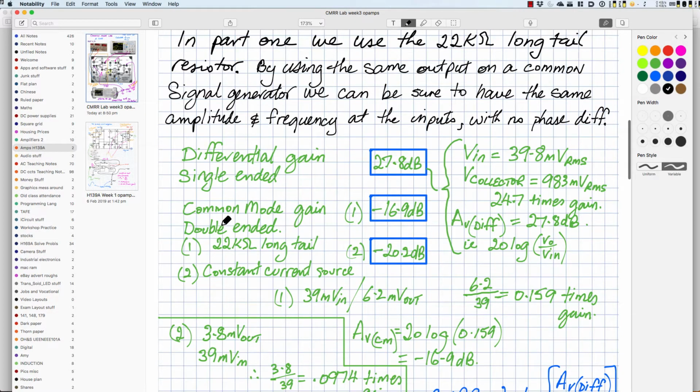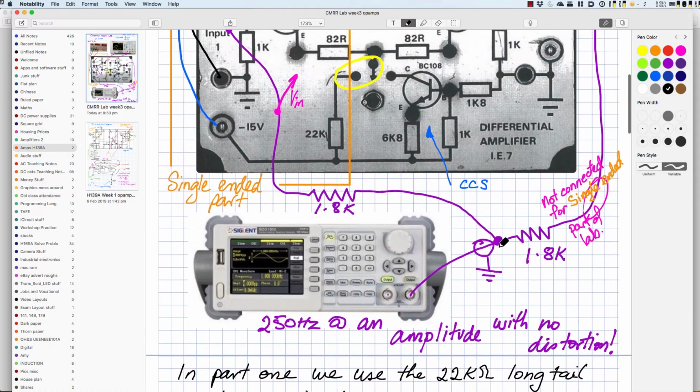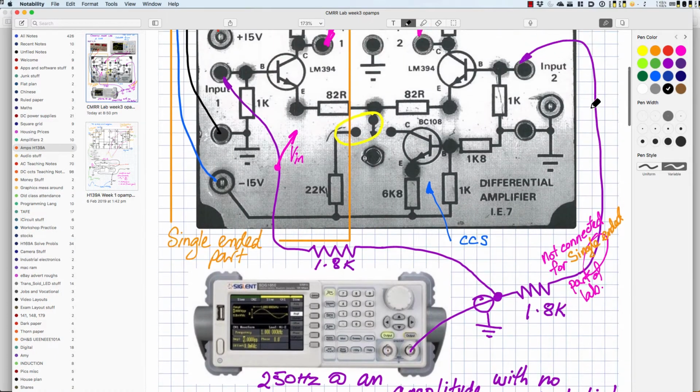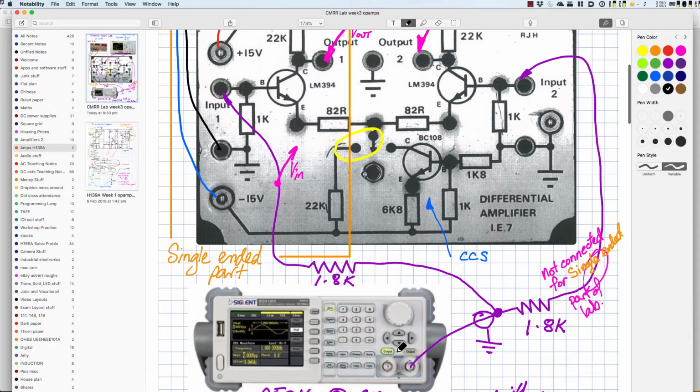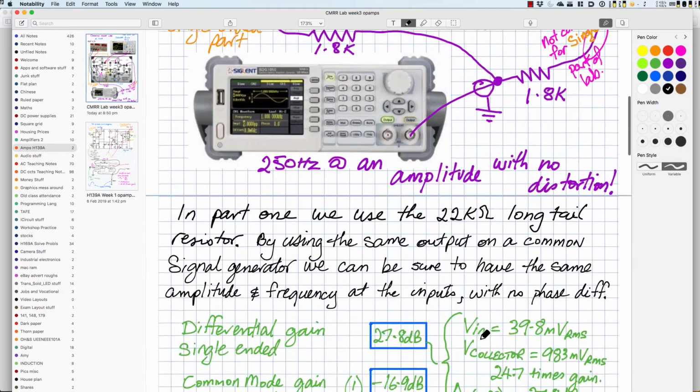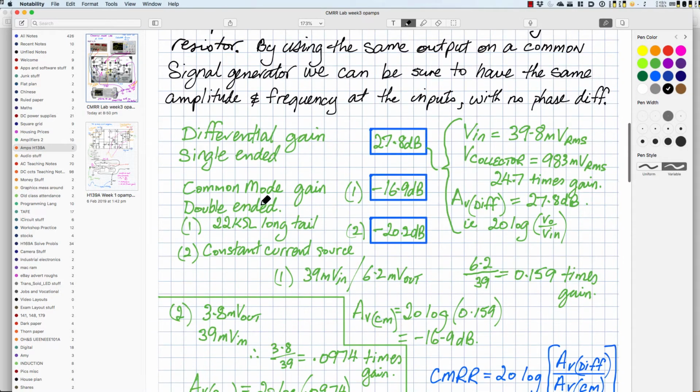The common mode gain, and now we're looking at double-ended. So double-ended, I'm going to connect up the other base to the same signal generator, but again using isolation resistors between the bases. And in the common mode gain, first of all we'll do it with a 22K long tail, and then second we'll do it with a constant current source. So in scenario number 1, it turned out that I got minus 16.9 dB of common mode gain,